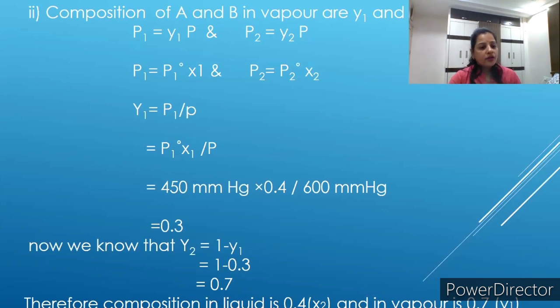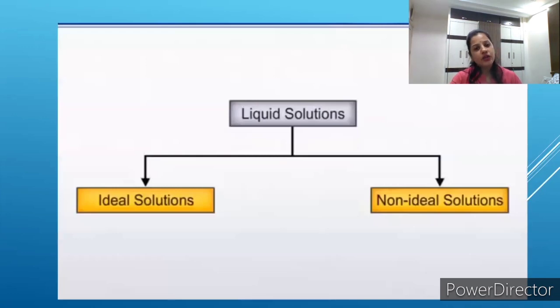Now, this is the vapor pressure given by Raoult's law. Now, Raoult has divided the solutions into two types, that is the ideal solution and the non-ideal solution. Ideal solution. You all have heard the word ideal before also. Okay, what do we mean by ideal? Yes, ideal means perfect. So, the solution which is perfect. But perfect in what sense? Perfect means the solution which is obeying Raoult's law, the solution that obeys Raoult's law in any condition.